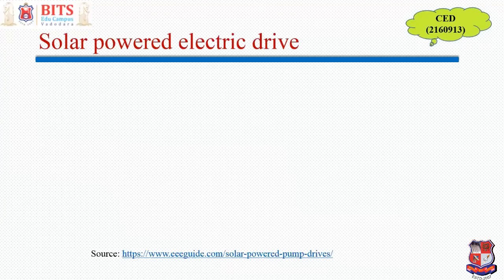So solar powered electric drive, as the word goes, you have a solar panel, that is a solar cell, which is converting solar energy into electric. One cell is not giving you sufficient voltage, so many such cells are connected in series, and for increasing current capacity they are connected in parallel. So you have a series-parallel combination of a number of cells known as a solar panel, and this solar panel is giving you the required DC voltage, and from that DC you can run a drive. Generally, solar power drives are very popular these days in agricultural applications as solar pumps, right?